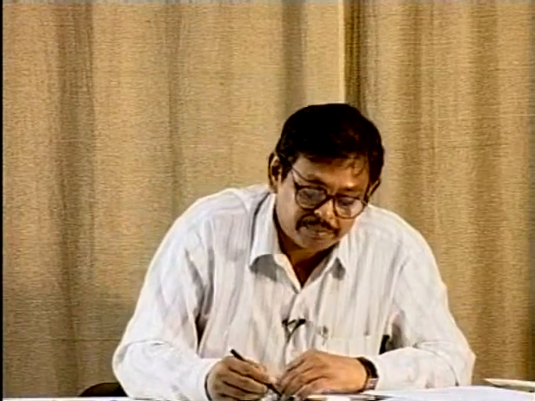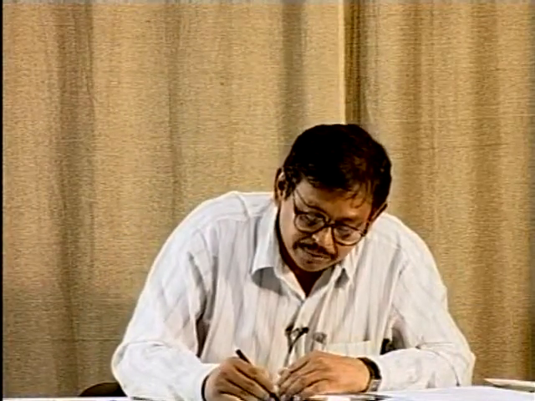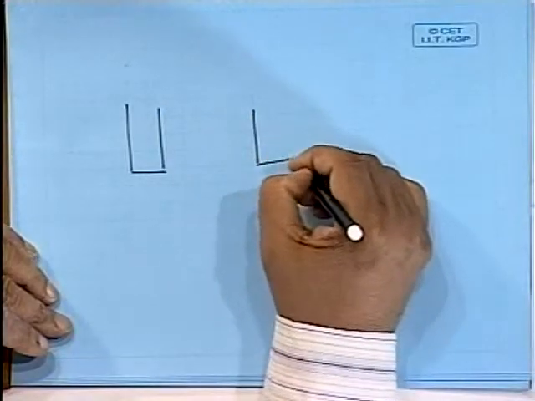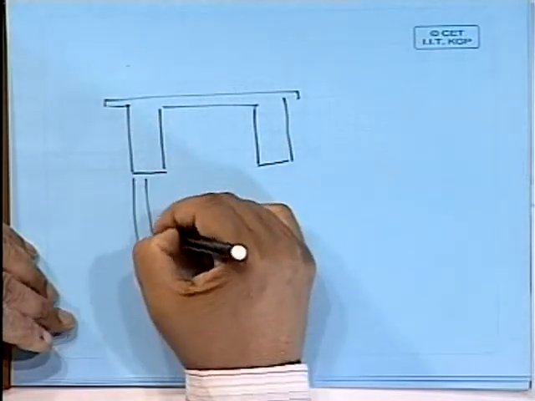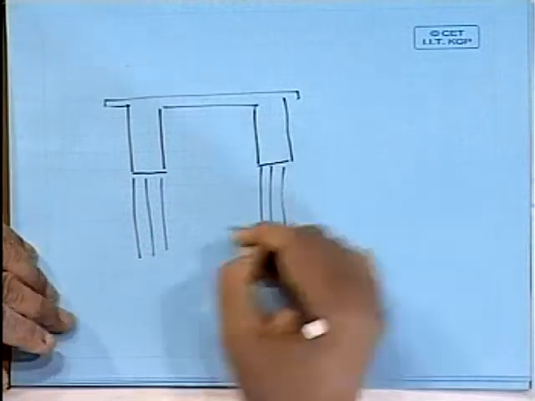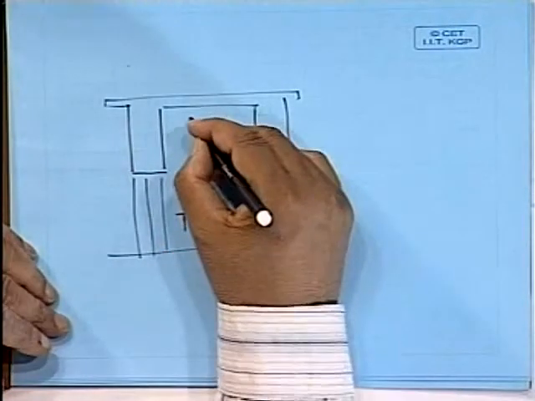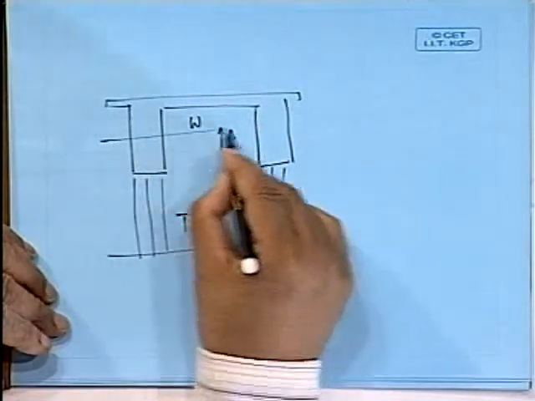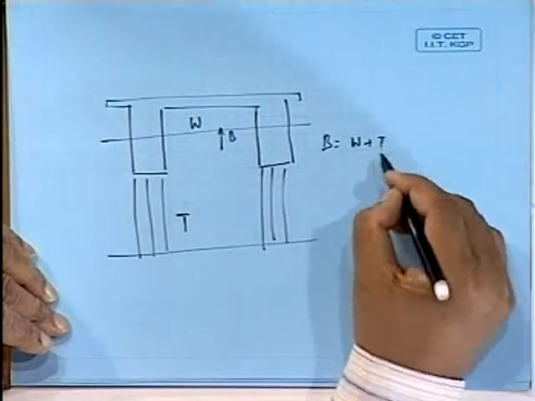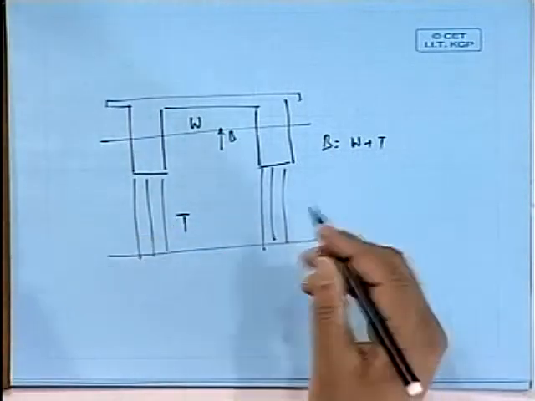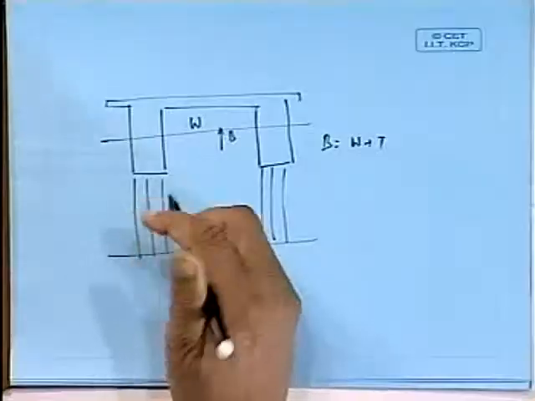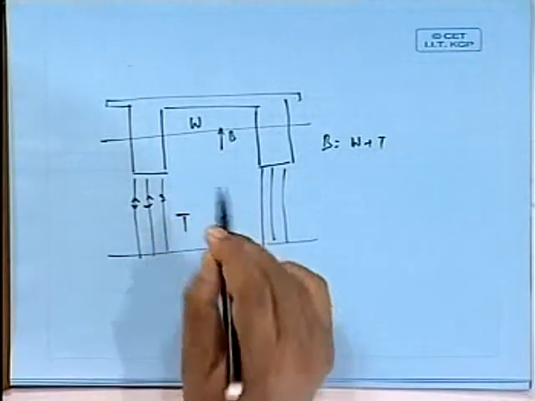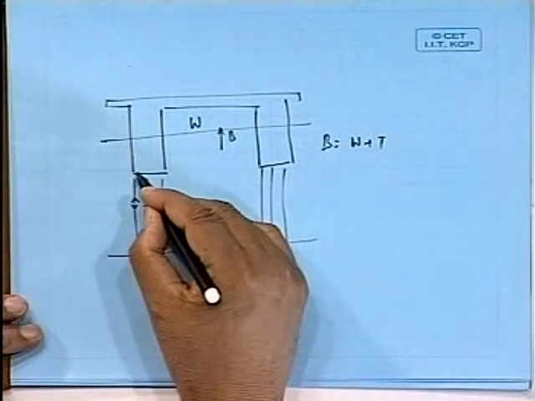Let us say in a TLP. I was telling you about the TLP. If I draw a two-dimensional TLP, just a section drawing, a TLP looks something like this. You see, there is a deck here, and there is a tether by which it is tensioned. Suppose its tension is T, weight is W, buoyancy is B. B becomes W plus T. You see, the tension plus weight balances the buoyancy. The tension is pushing down. There is tension on both sides. Now, obviously, this tension is acting through this point.